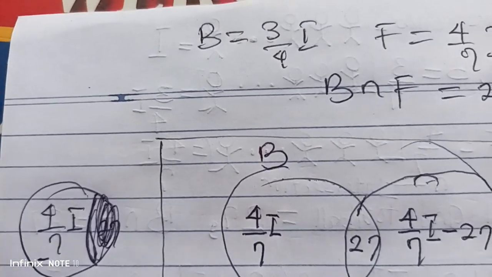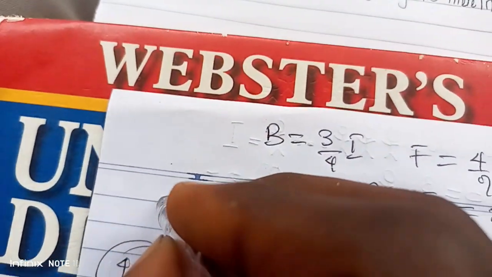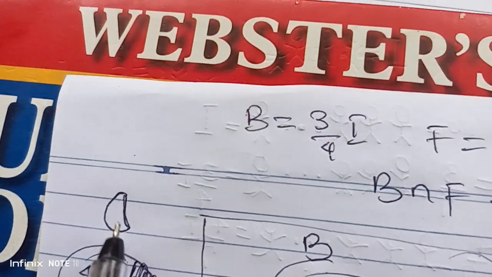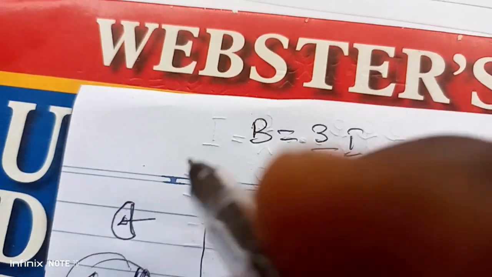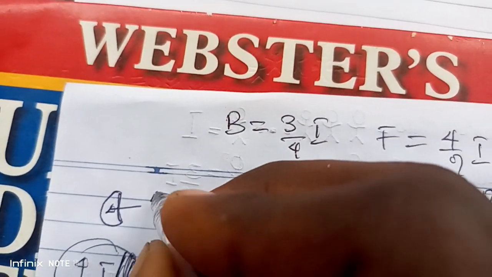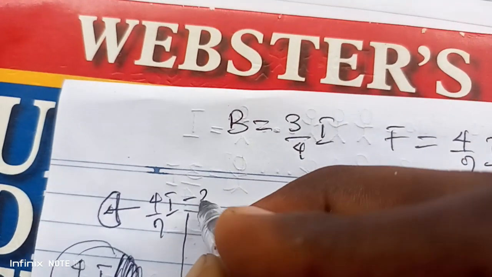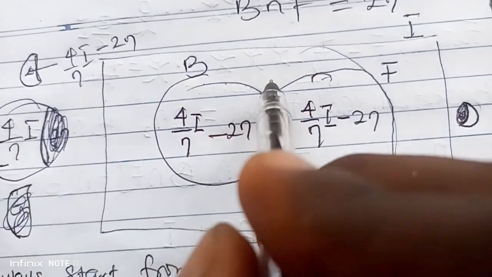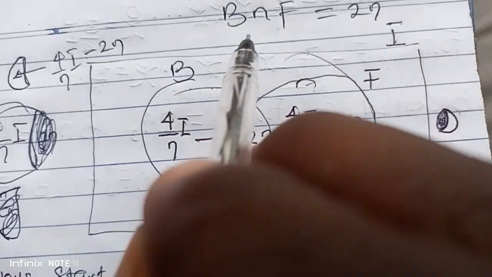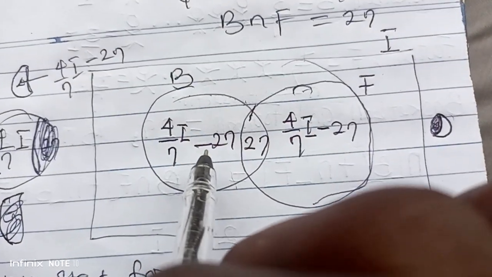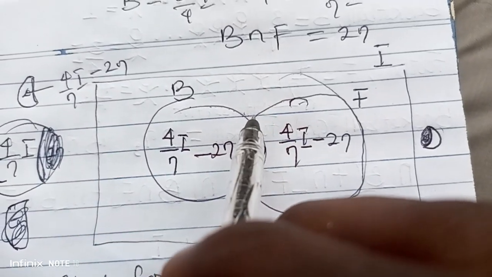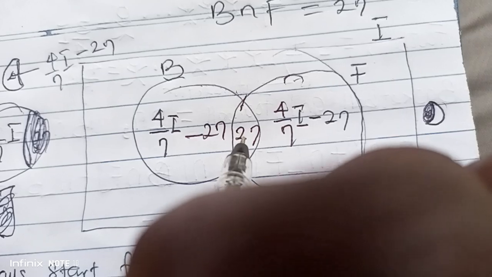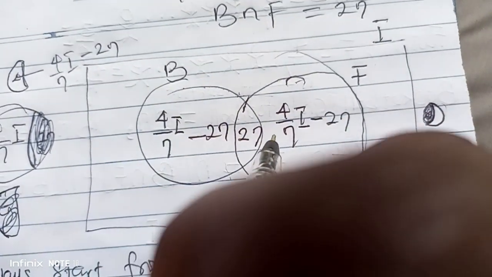What forms something like, sorry, I did not draw it very well. This one, this side inside this place will be 4 over 7 I minus 27. So that's actually what this place will be. Exactly, now only this side, so that's to here. So that's why we remove 27 from this place. Only this side to that side as we remove 27, and this side inside this place we have only 27